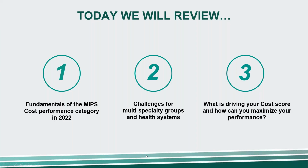So a couple of the things that we're going to review today: the fundamentals of the MIPS cost performance category in 2022. We did do a webinar on the MIPS category of cost before. This is a little more leaning towards what you're going to need from a large practice or specialty practice or a hospital health system. Challenges for multi-specialty groups and health systems, and then what's driving your cost score and how